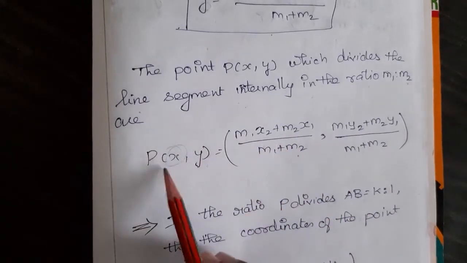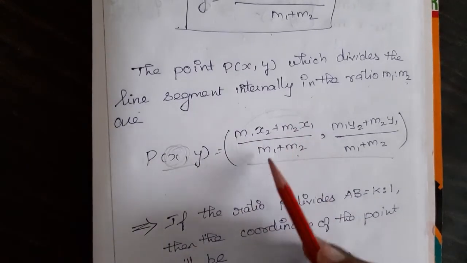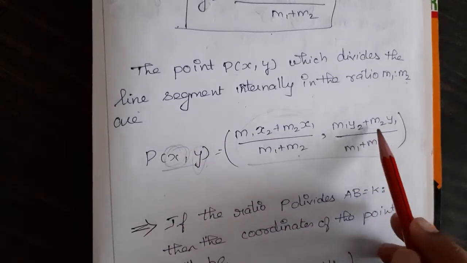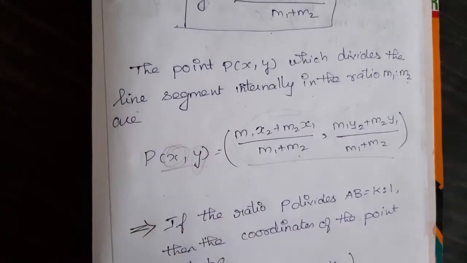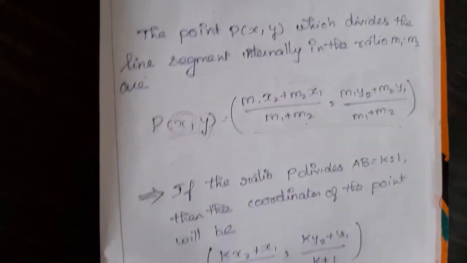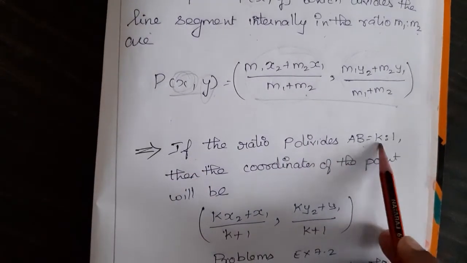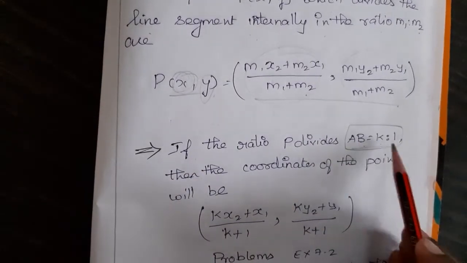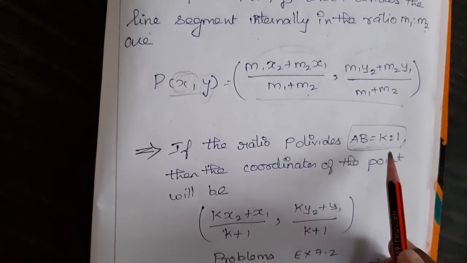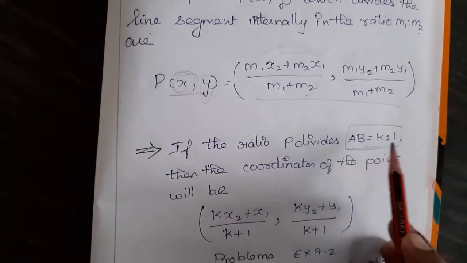Just literally, this is written in the coordinate style, and simply you can say x is equal to (m1 x2 plus m2 x1) by (m1 plus m2), and y is also equal to (m1 y2 plus m2 y1) by (m1 plus m2). So x is equal to that, y is equal to that, or coordinate-wise we can also write it. And consider if the ratio in which P divides AB is k is to 1. Usually we will consider k is to 1 where they are asking to find the ratio in which the line divides.